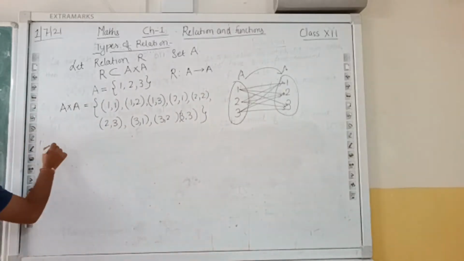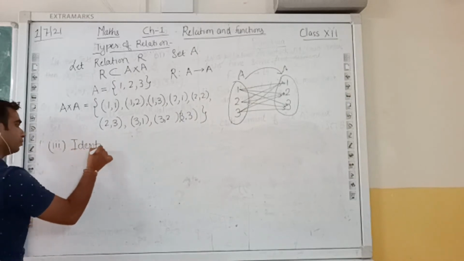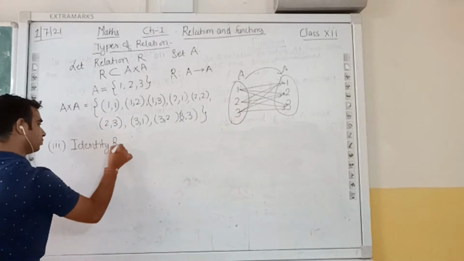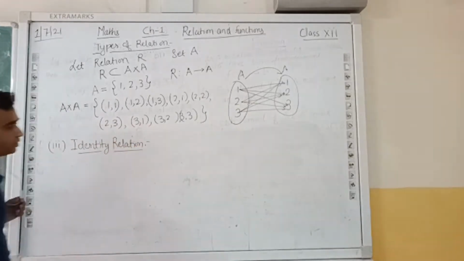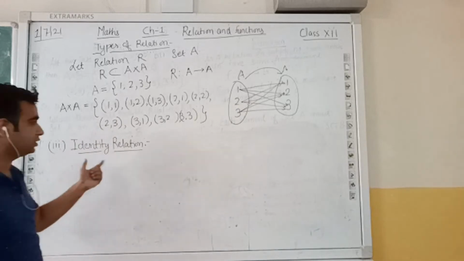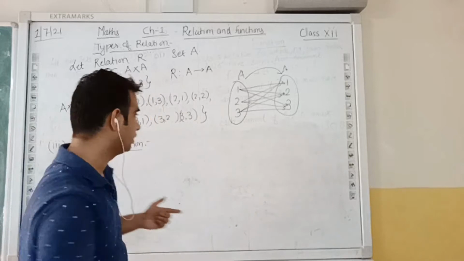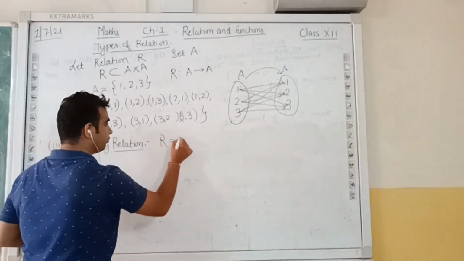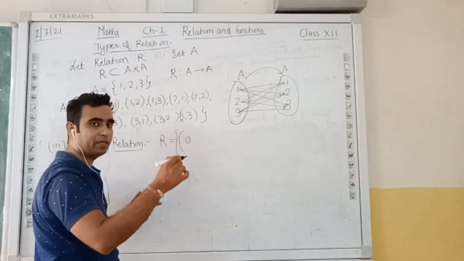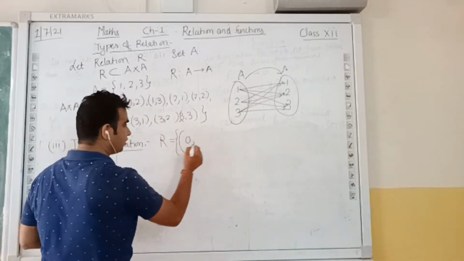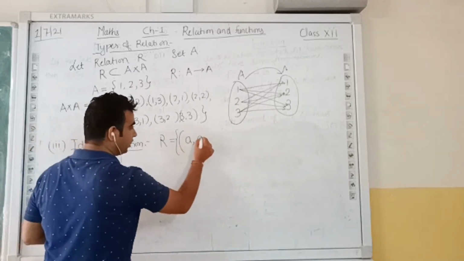Now the third type of relation is the identity relation. What is an identity relation? The relation which gives us the same element in its ordered pair. Means it is a relation R where the ordered pair has the same first element and same second element. In this, the first and second element of the ordered pair are both the same. It gives us A comma A,